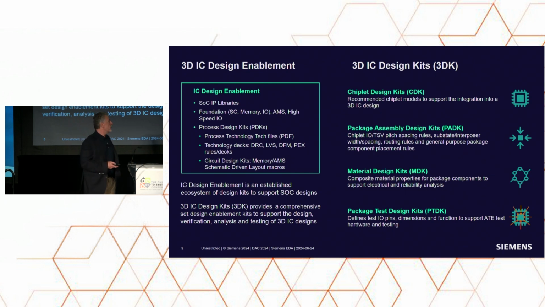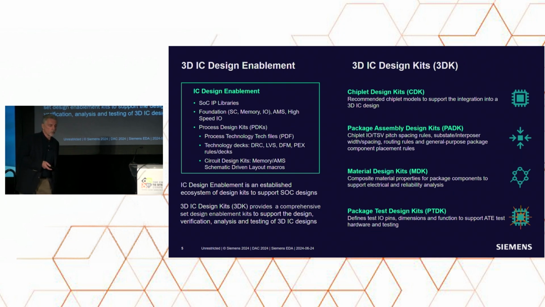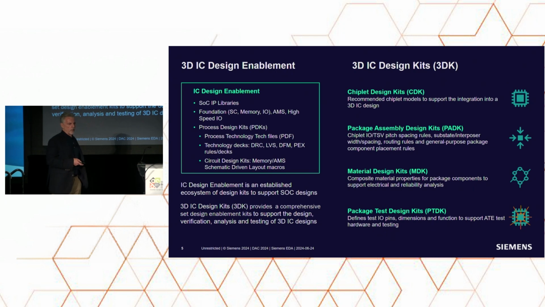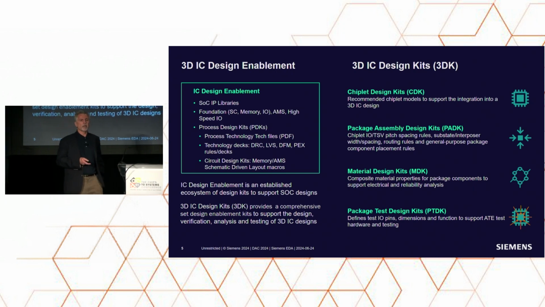So we'll talk about 3D IC design and development. I mentioned that the IC design community has a very well-established design enablement system. So we have IP, SoC, System on Chip IP. This includes your basic standard cells, memory, I/O, foundation IP. It also has analog mixed signal macros and high-speed I/Os. We also have process design kits. So these are all the technology files to describe the specific design rules for place and route, information for parasitics to do extraction,